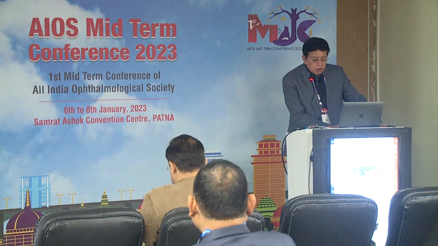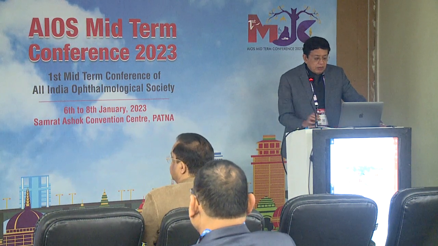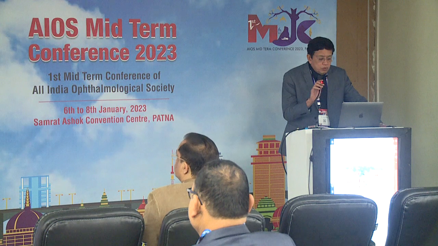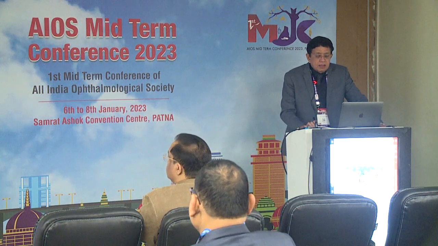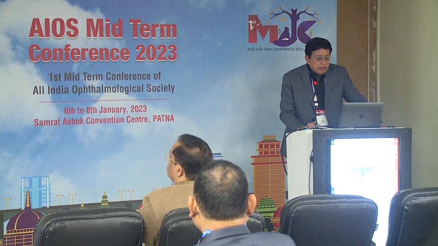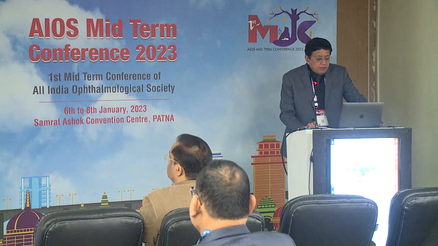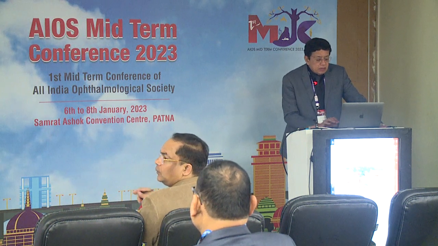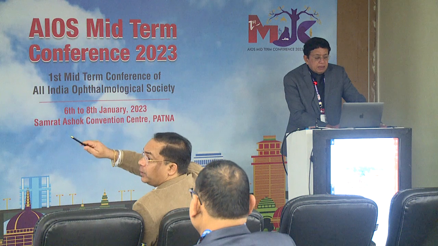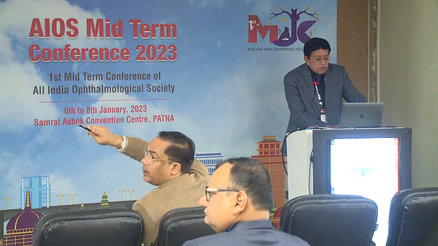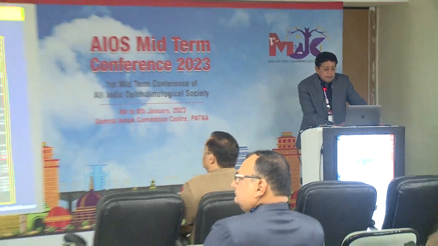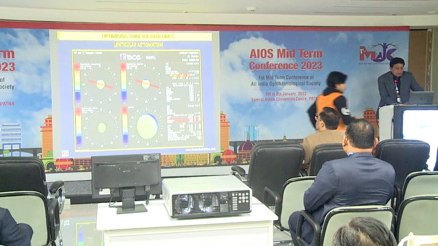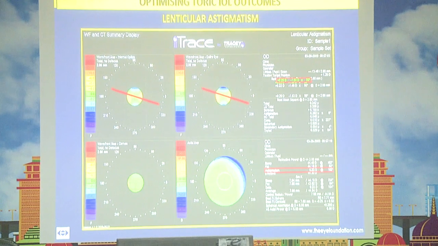Thank you so much. I am going to be talking on optimizing toric IOL outcomes, just a few tips which are relevant. One of the basic things is do not give any weightage to the refractive astigmatism, simply because lenticular astigmatism might completely give you a false impression about the astigmatism that you need to deal with. You don't really need an eye trace to go ahead and implant toric intraocular lenses, but just to drive home